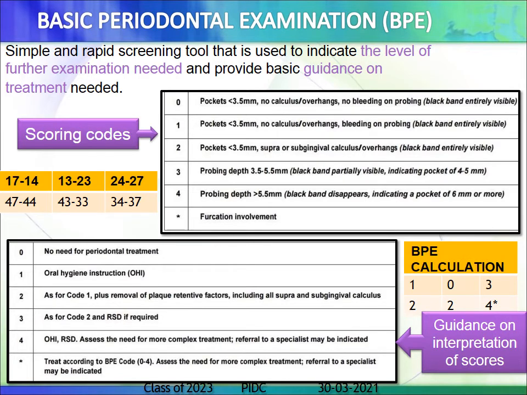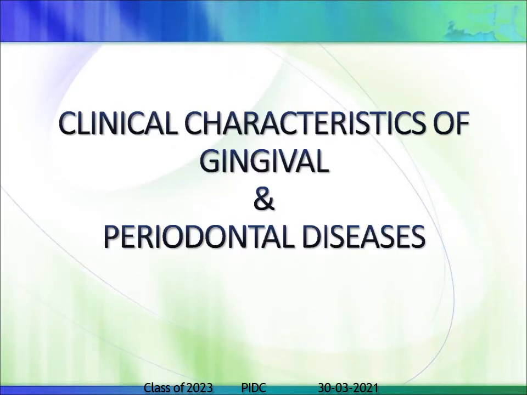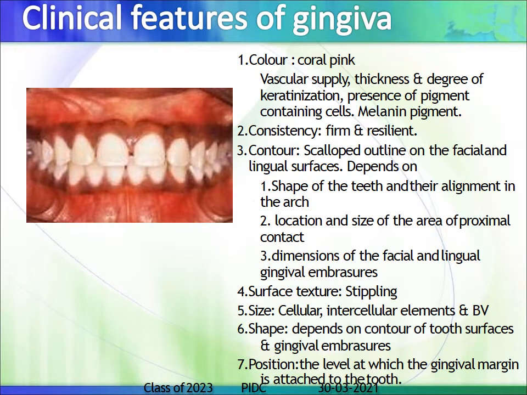This is very important. So coming on to the clinical characteristics of the gingival and periodontal disease. As you all know, I think we have already had a class on clinical features of gingiva, and we've already had a healthy periodontium class. So a Google Meet lecture also was given for you based on the clinical features of gingiva. Just go through all of them and just read this slide once more.